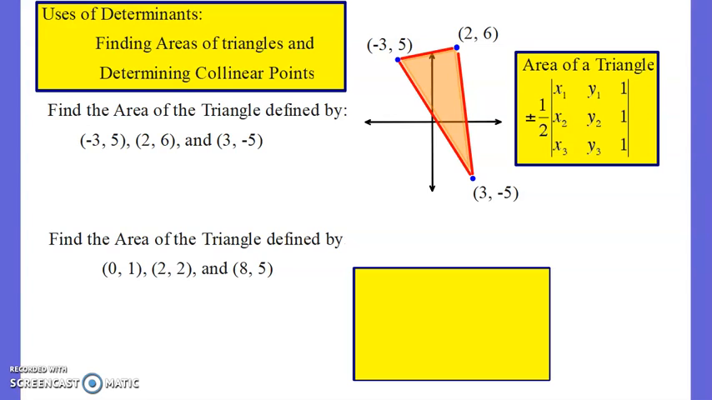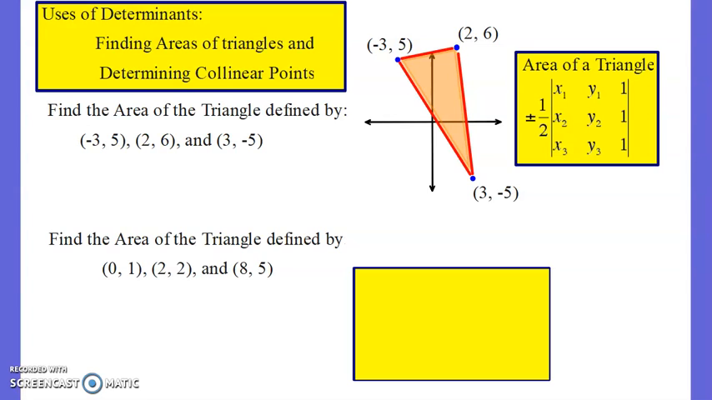Alright, this video is going to help us understand one application of matrices, or I should say 1.5 applications, we'll see what that means in just a second, as well as another way to solve matrix systems using determinants. So, two ways in which we can use matrices to have a nice little shortcut are finding the area of a triangle and determining whether or not points are collinear, whether or not they lie on the same